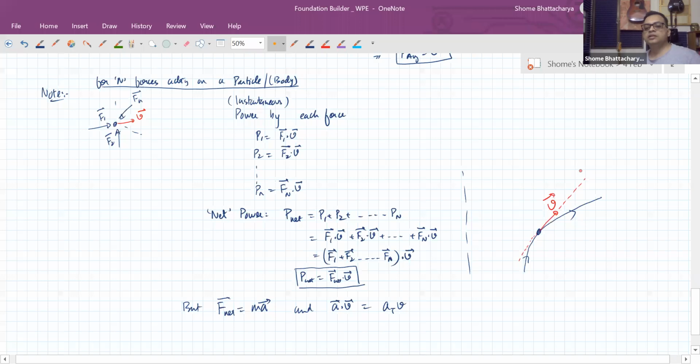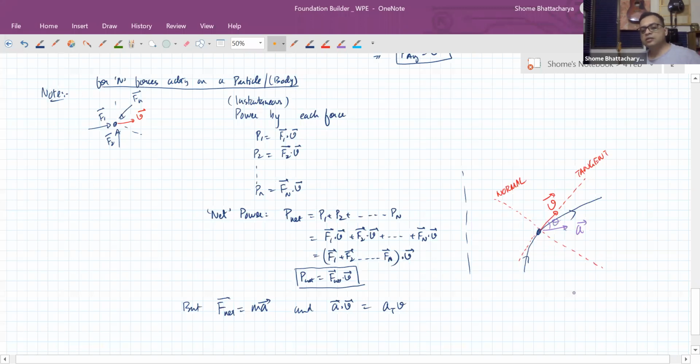The velocity's vector is along the tangent to the curve at that point. And perpendicular to the tangent, you have the normal. In circular motion, this normal becomes a radial direction. But I'm talking about a general curved path. Now the acceleration vector, if it is like this,